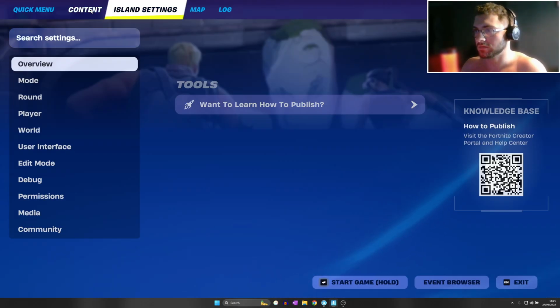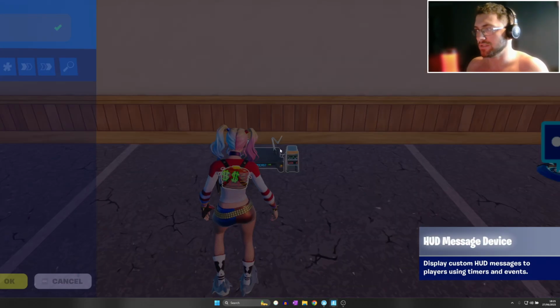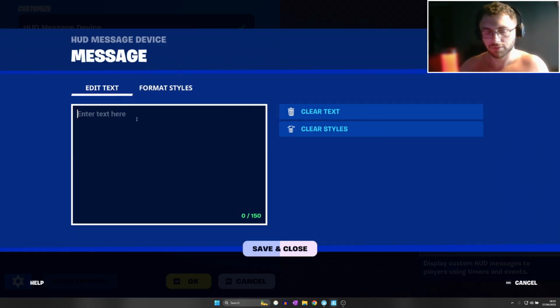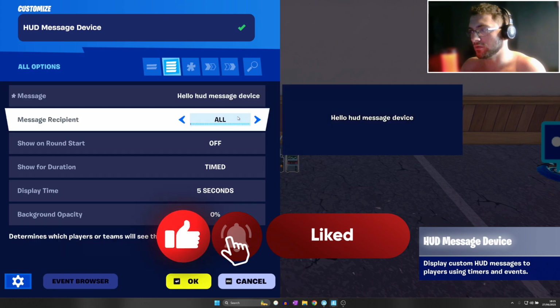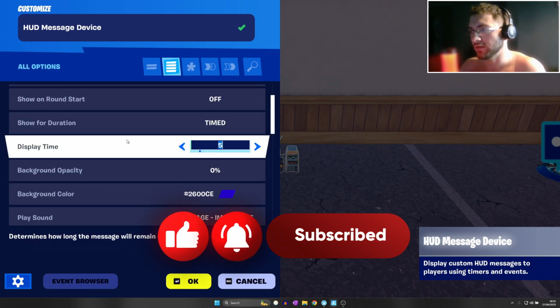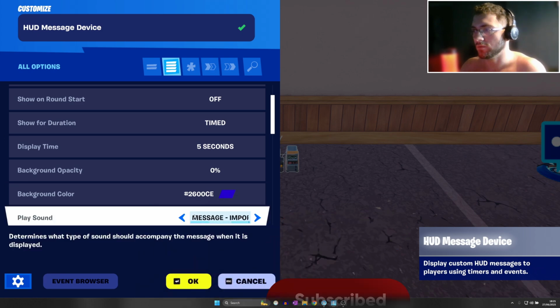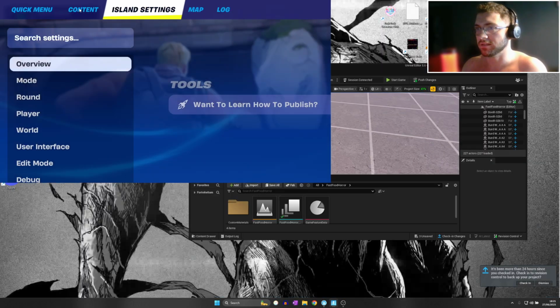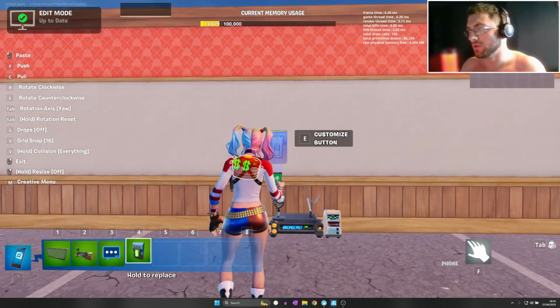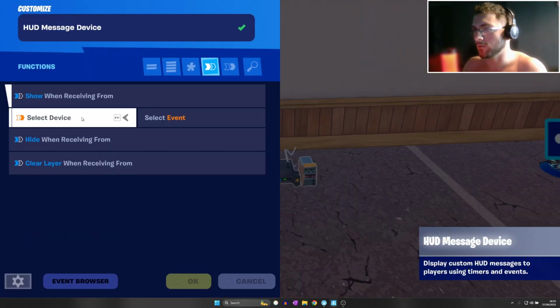Let's go and look at those. The Hud Message Device will look like this. You just have to have it to activate from something. Hello, Hud Message Device. You choose if you want it for everyone or not, and when you want it to activate, and if you want it for time or not. If you want sound, you choose that here. Lots of things you can customize in here, but here's where you make it show from something. We'll add it to show from a button. So let's show hello from button,